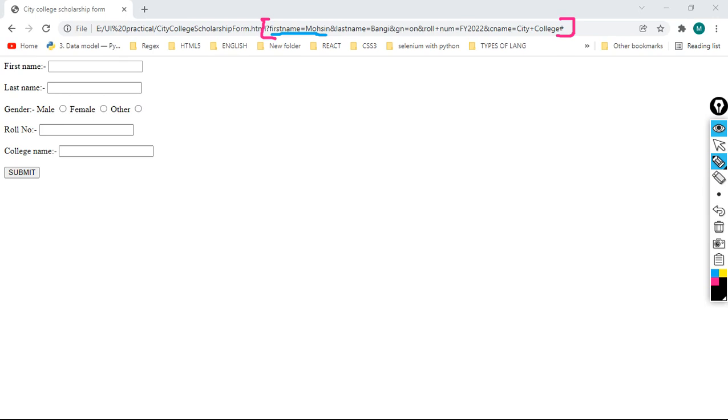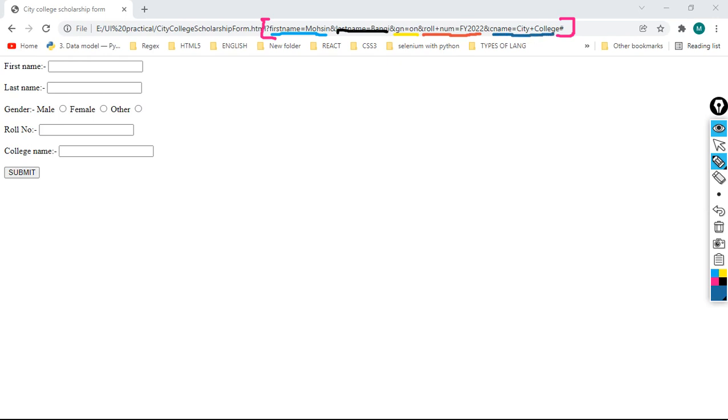Then last name Bangi, this is one pair. Then we have gender is on. Then here roll number is FY2022. Then we have college name is City College.